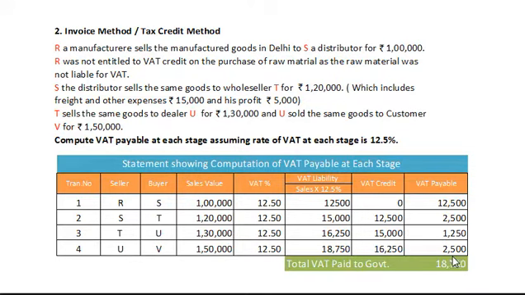My dear students, the entire VAT of rupees 18,750 comes from the pocket of the end user, that is consumer V. Whatever VAT was paid by S, T and U as buyers, they have received back in the form of credit. So ultimately the entire VAT of 18,750 is paid by the end user V.